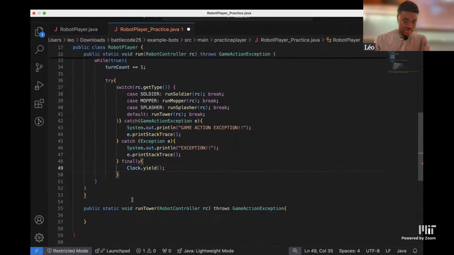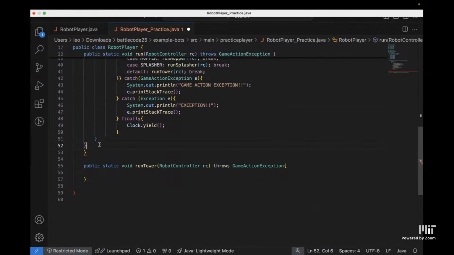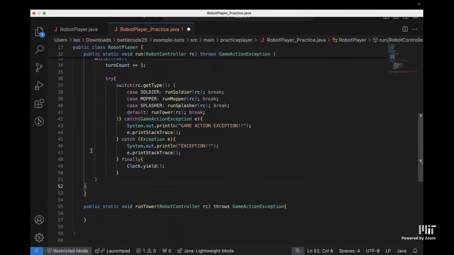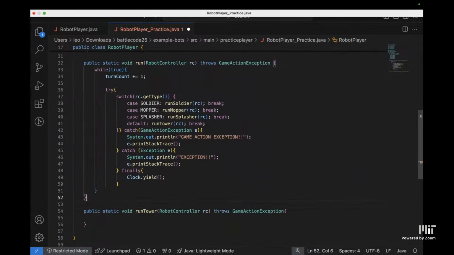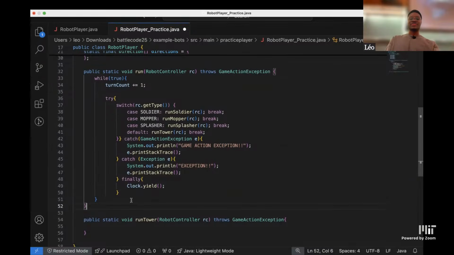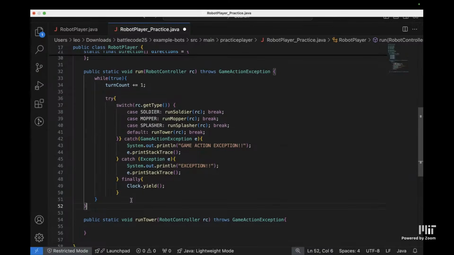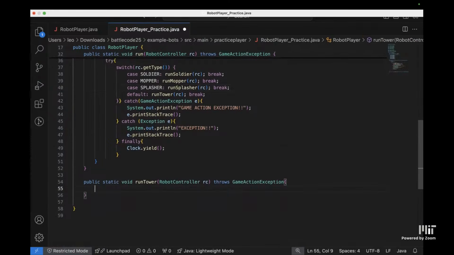So that's basically it for this function. So here's the general function of the backbone of the game. For every iteration that is executed, we're going to continue counting the number of turns and then check and change the behavior of the code based on the nature of the robot controller. So I'm just going to implement the run tower and then the other TDF is going to do the other